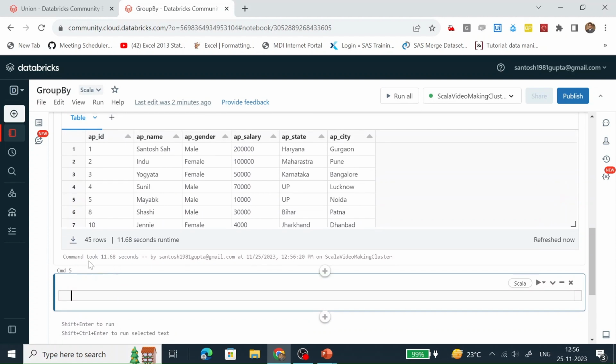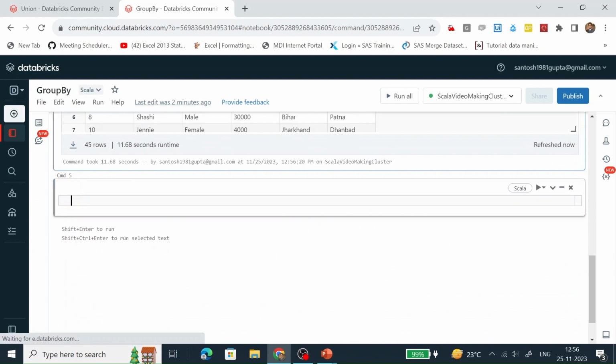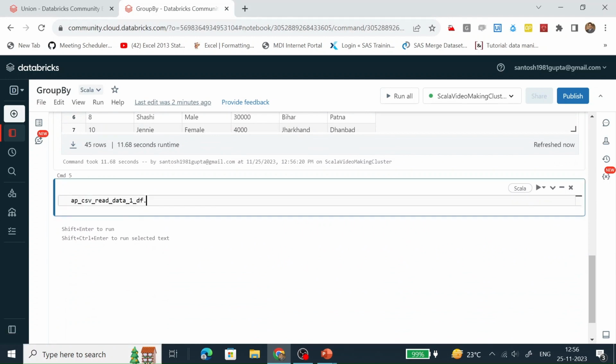We can see there are 45 records. Now let's implement our group by functionality over this data frame. Let's call this group by. We are grouping the data frame with the help of the AP gender column, and then we are performing a count operation.